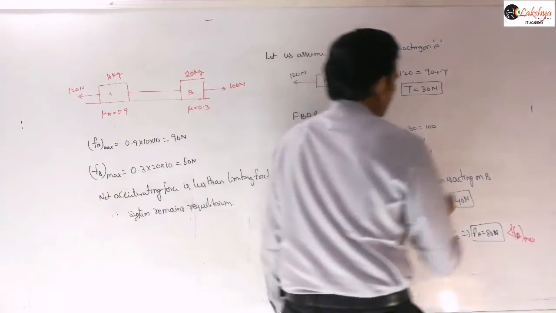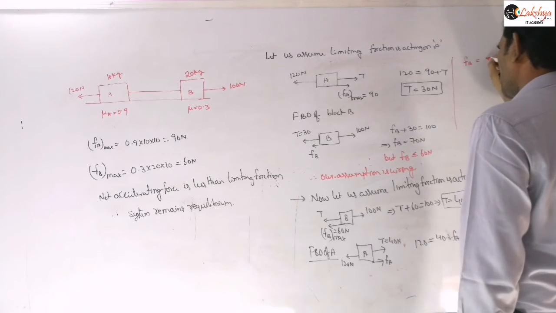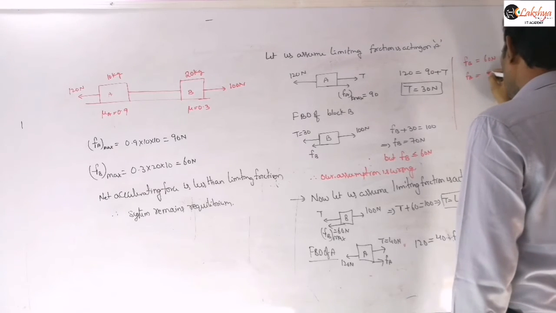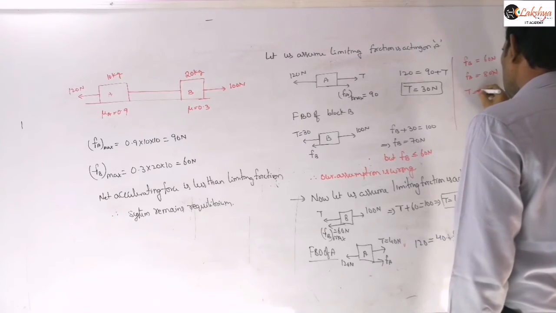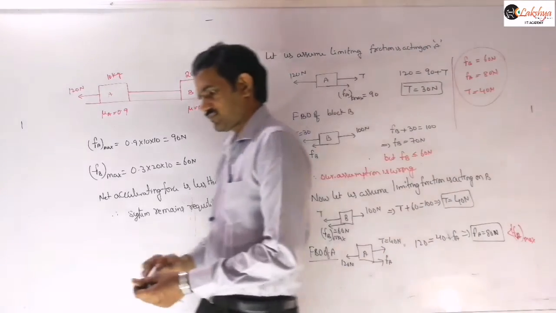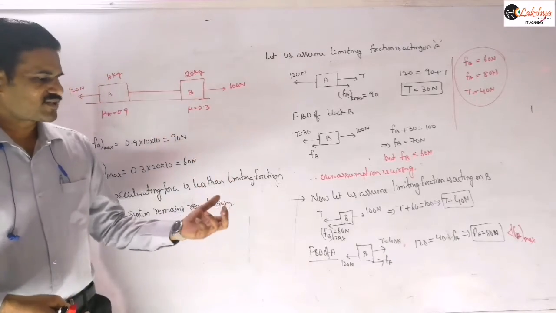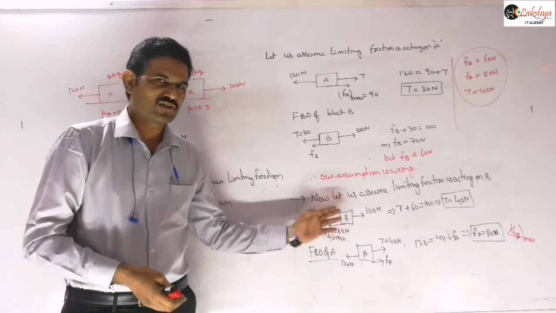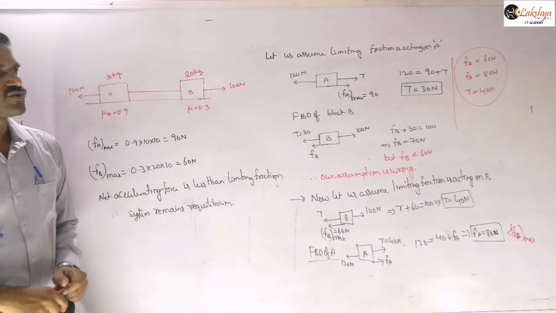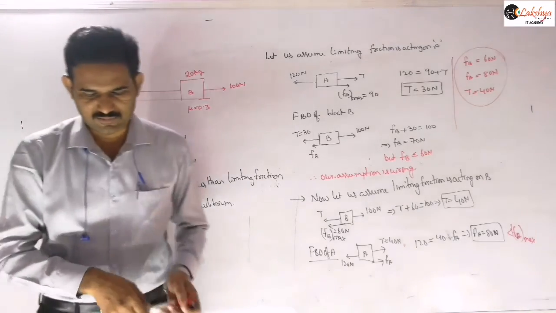So therefore what we can write, finally our conclusions are: frictional force acting on B will be the limiting friction which is 60 newtons, and frictional force acting on A will be 80 newtons, and the tension in the string is 40 newtons. So this will be our final conclusion there, right? So like that you need to solve this type of problems. By chance, for example, if you are getting the answer in the first assumption only, then in the first assumption we will get this answer there, right? So that will be the situation, especially for this type of problems.